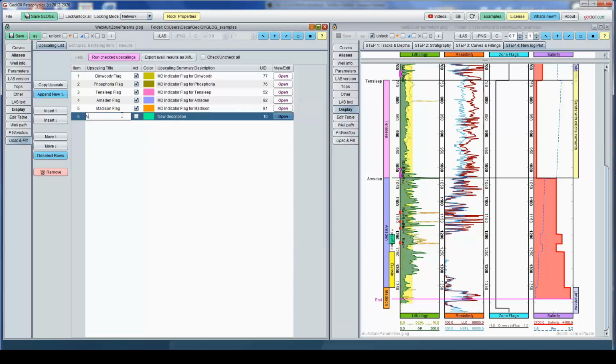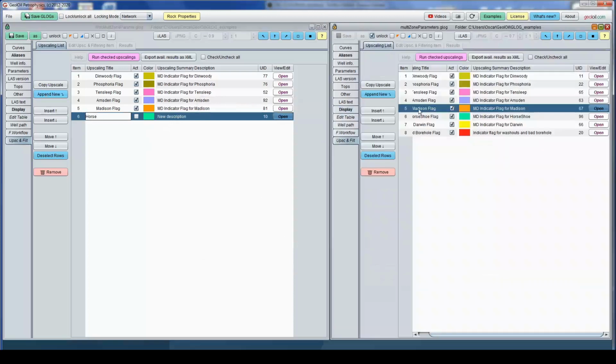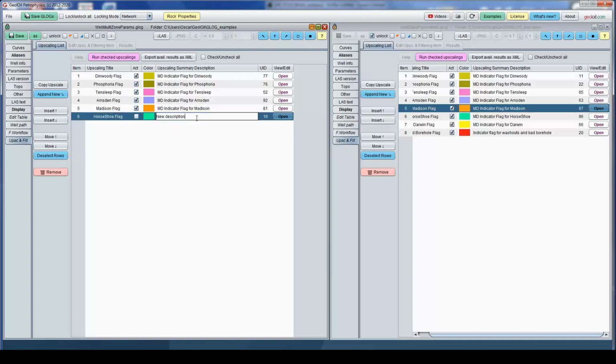Let's call this Horseshoe flag. And we can copy the description from the right window.